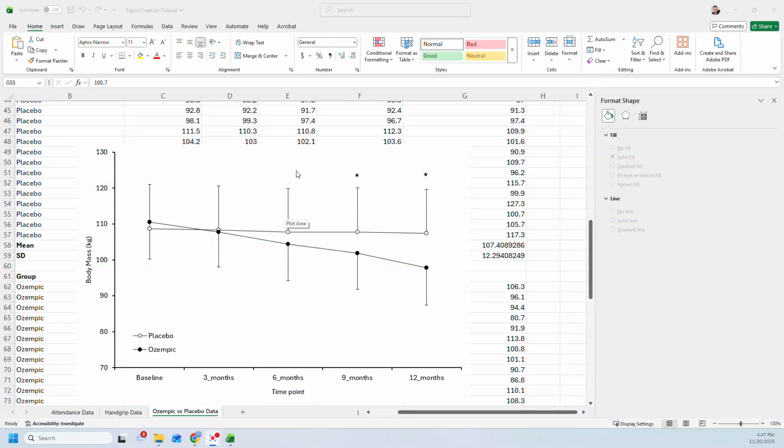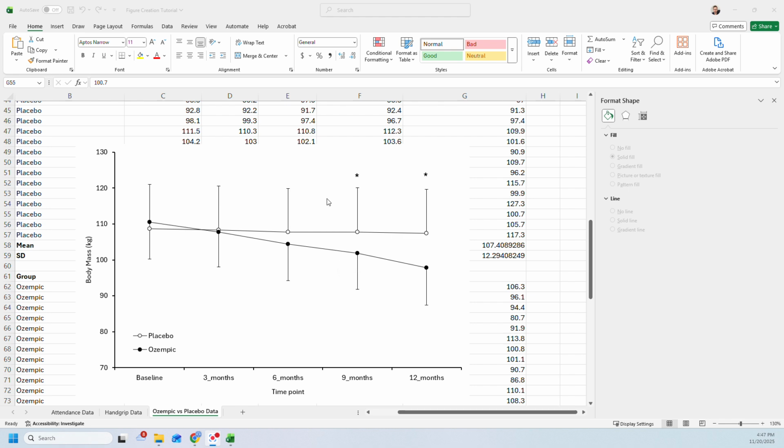So in this video, let's imagine that we've created our beautiful graph, and now we want to save this. We want to actually put it into our manuscript, our written up project, so that we can use it in our results section. What we might also want to do is to save this as a template, so if we make any additional graphs of other dependent variables or with any other projects that we do, we can easily use this format again, so we don't have to go through this whole process of changing all the different elements of